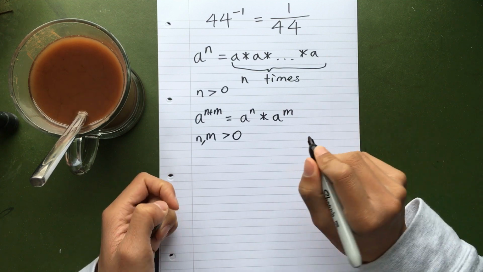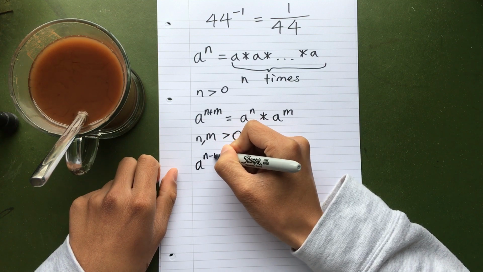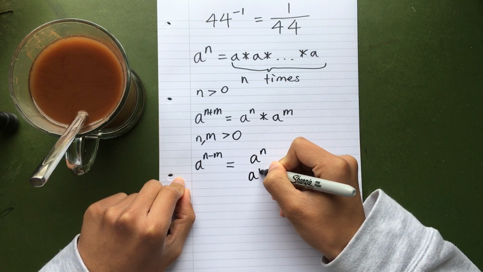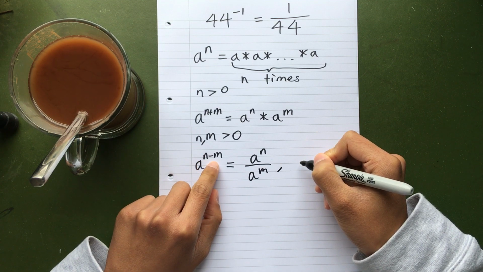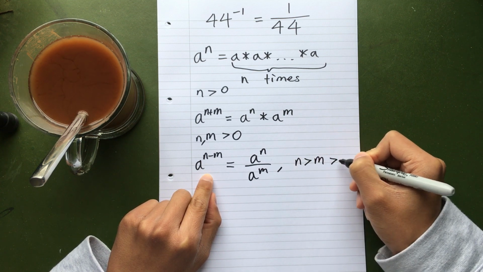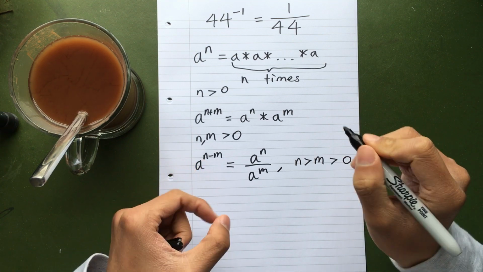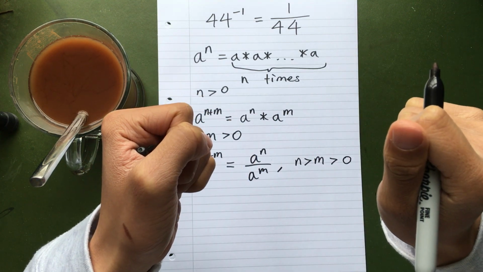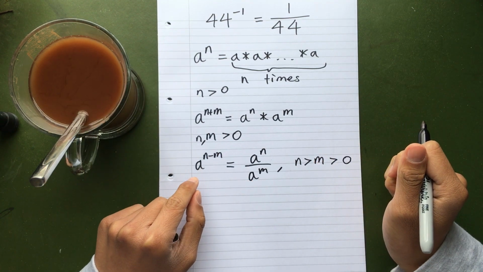While working with these, we might stumble across another property, which looks very similar to additivity, which is that a to the n minus m is equal to a to the n divided by a to the m, provided n minus m was a positive number. So I'm going to write that as n is greater than m, which is greater than 0. So this is saying that if we had the product of n minus m a's, it's the same as the product of n a's, except we want to take away m of those a's. So we'll divide through by a to the m. Okay, so